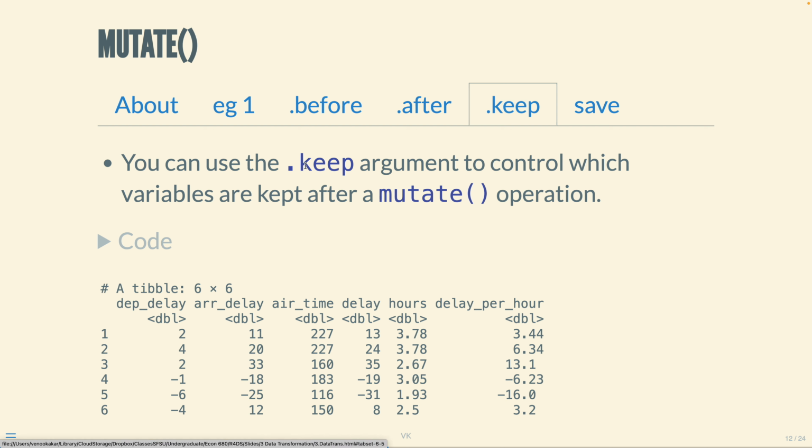Now you can also use the dot keep argument to control which variables are kept after a mutate operation. This is interesting because sometimes we're not dealing with all of the variables in our data set. We don't necessarily need all of the variables in our data set. So maybe we only want to keep the newly created variables and all of the variables that were required to create those newly created variables, right? So remember that,